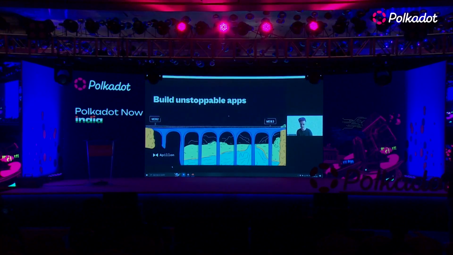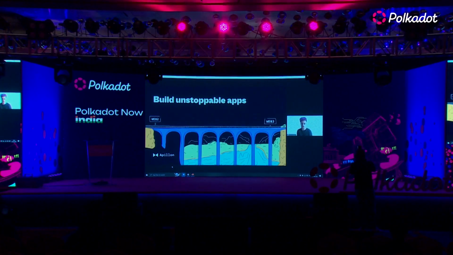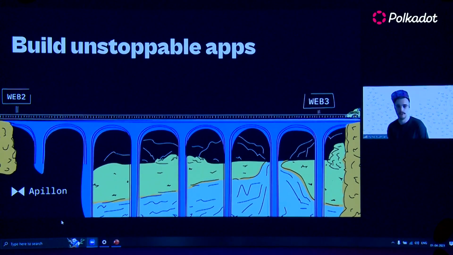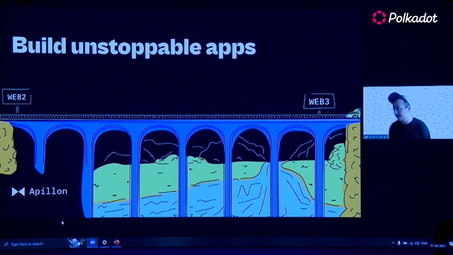Hello, India. As said, my name is Nino, and I'm a CPO at Apillon. And Apillon is a Web3 development platform that utilizes Polkadot parachains. So, what I want to talk about to you today is how you can build unstoppable apps by using your existing knowledge, whether from Web2 or from using the Web2 clouds, simply by going to Apillon and immediately starting